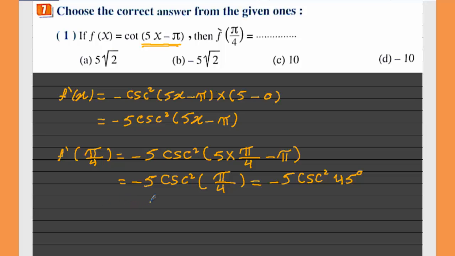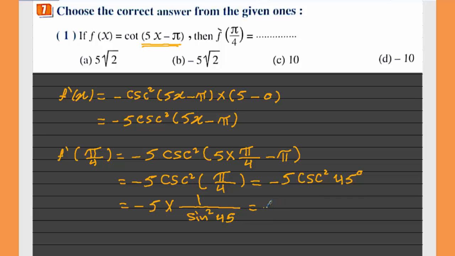To calculate the result of this, it is equal negative 5 multiply 1 over, we know that cosec is the reciprocal of the sine. So we have negative 5 multiply 1 over sine square 45,